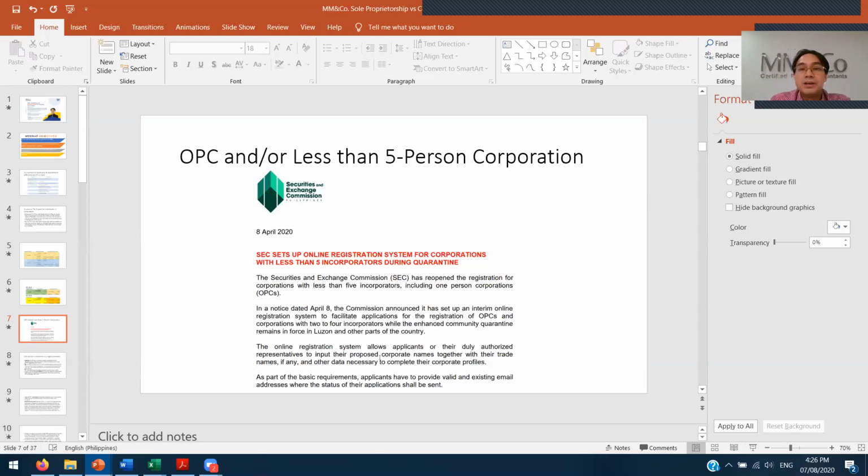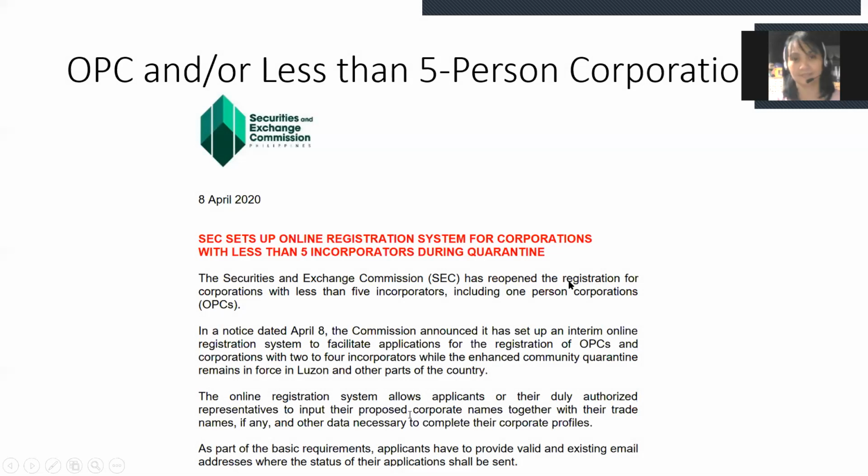So, ayan ang sinabi ng SEC. SEC sets up online registration for corporations with less than 5 incorporators during quarantine. Okay? The SEC has reopened the registration for corporations with less than 5 incorporators, including one-person corporations. In a notice dated April 8, the Commission announced it has set up an interim online registration system, etc. Hindi naman natin topic yung magsaset up tayo ng corporation. But ang point lang, pinapakita ko sa inyo na pwede yung less than